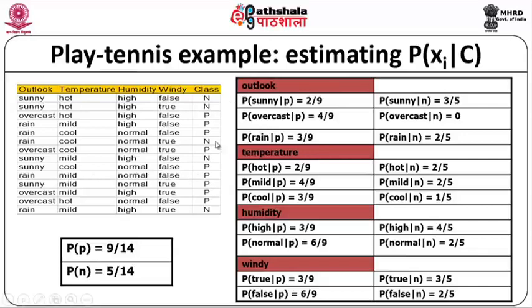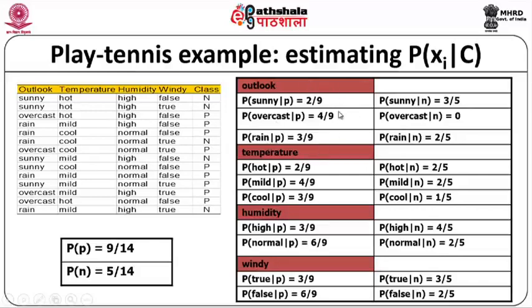So the total number of records that satisfy both class label p as well as outlook equal to sunny is 2, divided by the total number of favorable events. Here, for the class label p, the total number of favorable events is 9 because only 9 records contain the class label p. So the probability will be 2 divided by 9. Similarly you will have to compute for the outlook value overcast and the outlook value rain.